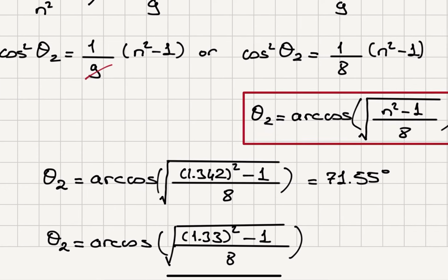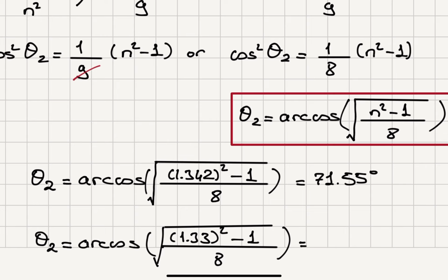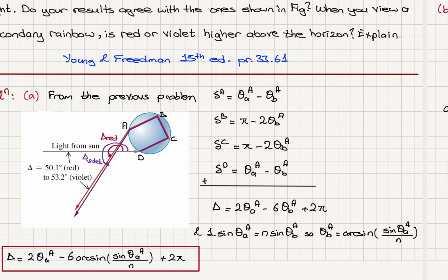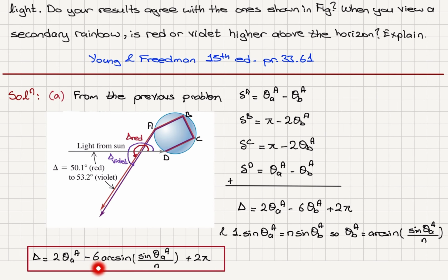And that's going to give 71.94 degrees. Okay. Now with that, I can calculate the deflection for violet and red using this formula that I